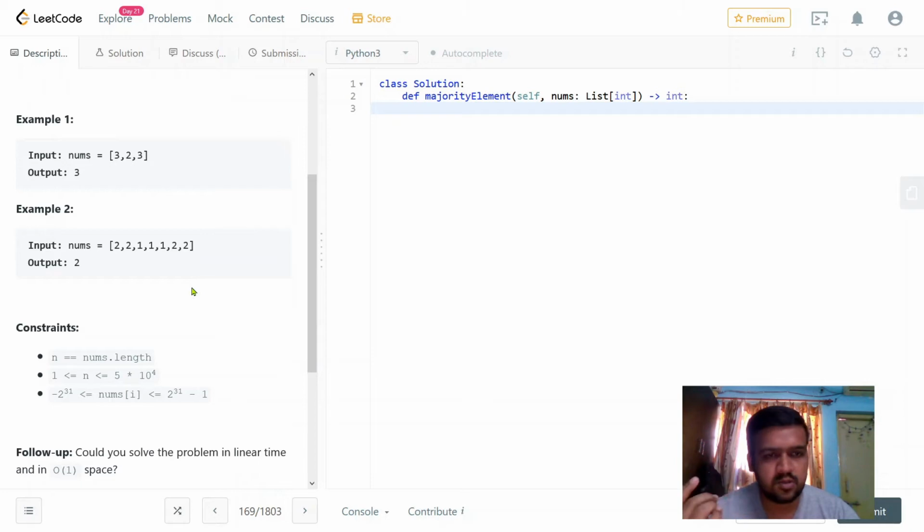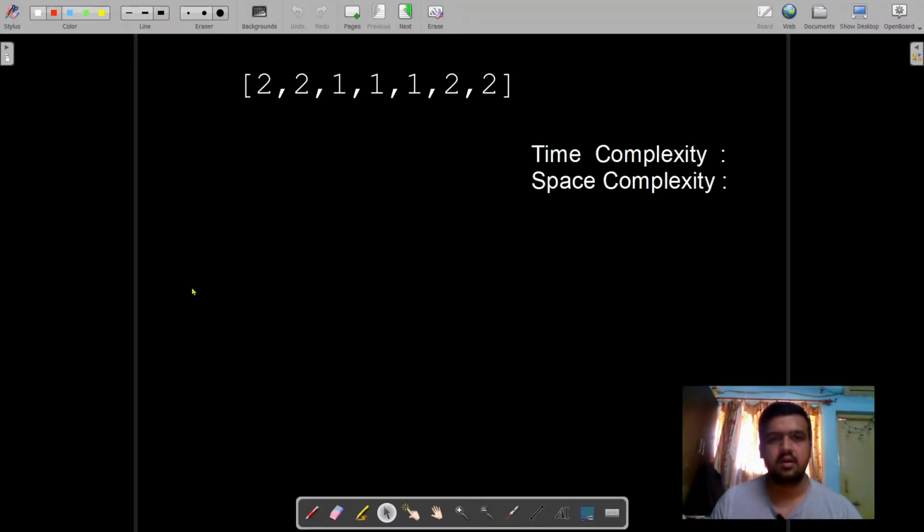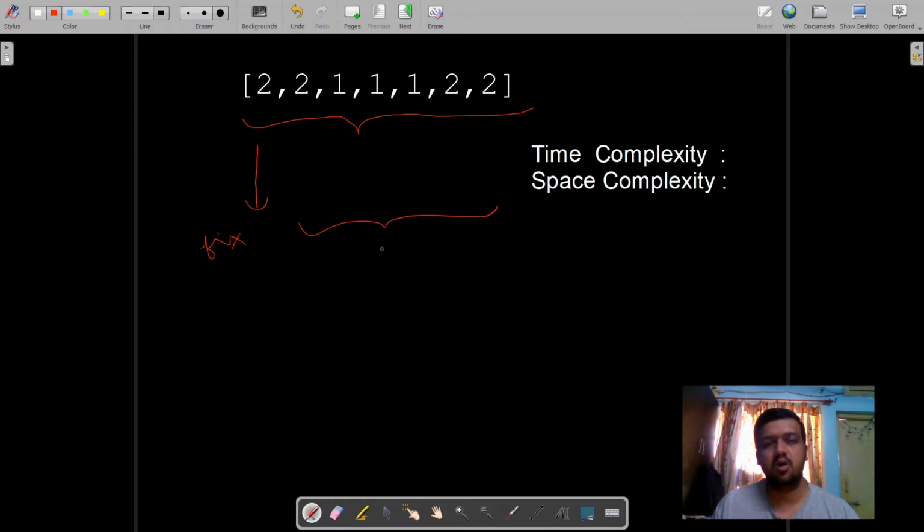So how to solve this particular problem? Let us think about the solution and what process we can incorporate. If I see this particular array, the naive approach that comes to my mind first is to take one element, let's say the first element, 2, fix it as the most repeated candidate, and check in the rest of the array how many times it is repeated. So count the instances, including this one, and save it to a variable, let's say max.